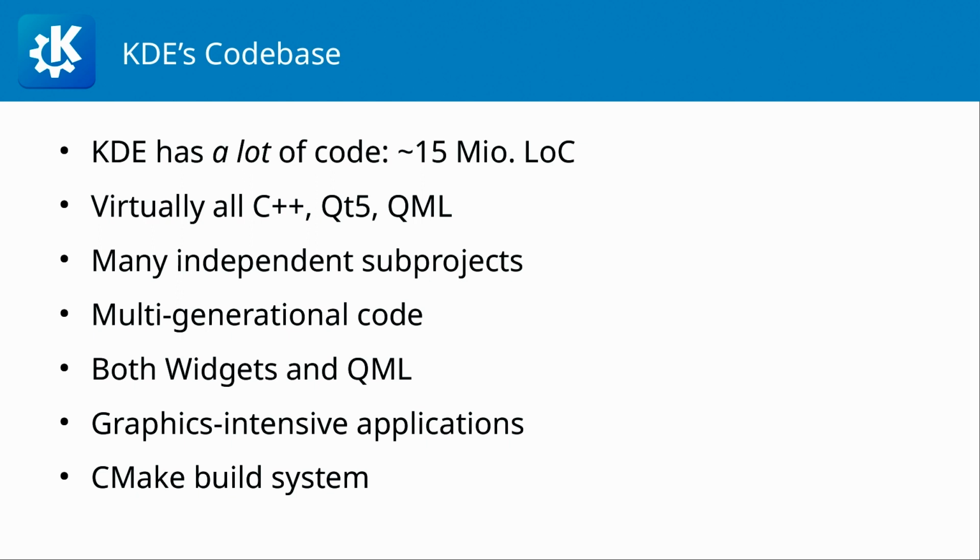The code is, so to say, multi-generational in the sense that some of it dates back all the way to the beginnings in 1996. And over time, people joined the project, worked on stuff, then left the project, new people came in, picked it up. So some parts of the code went through 2 or 3 generations of maintainers, which is, I think, pretty impressive from a community point of view. We have both much code that uses widgets and a lot of QML code. And we're going to see a bit why this is interesting from a strategic point of view later.